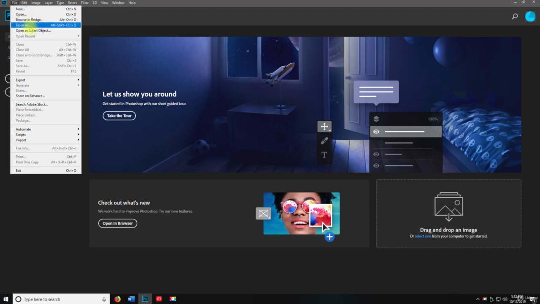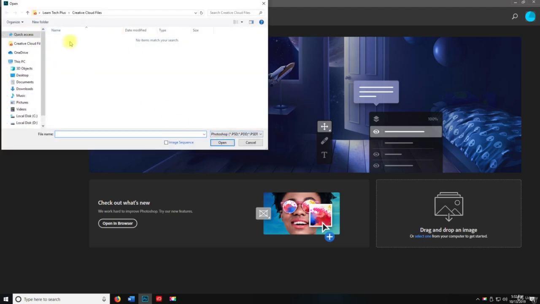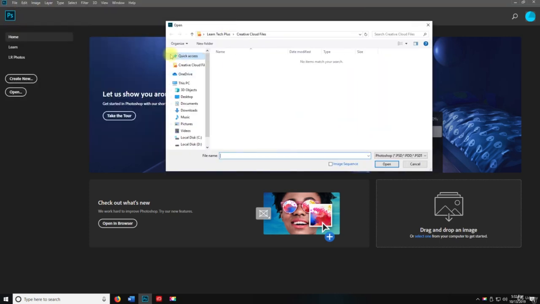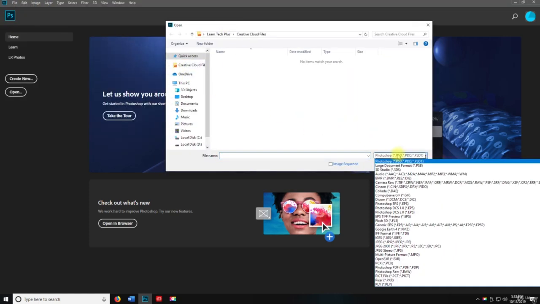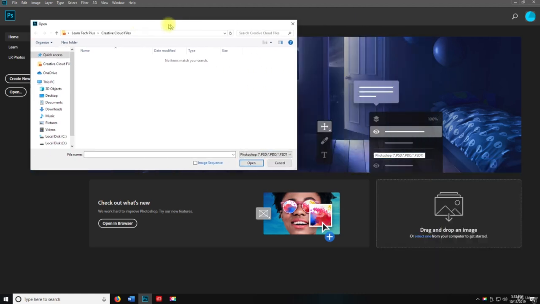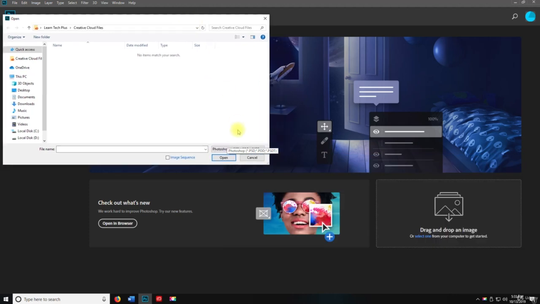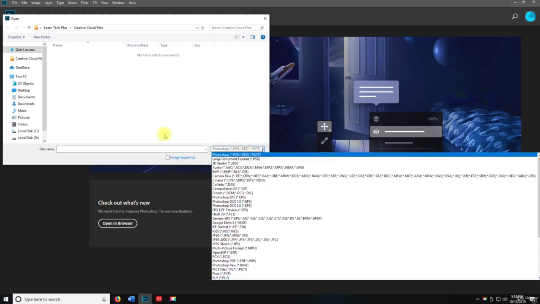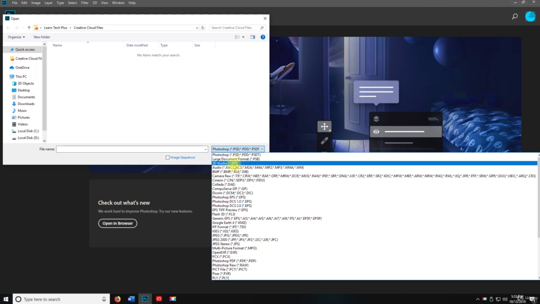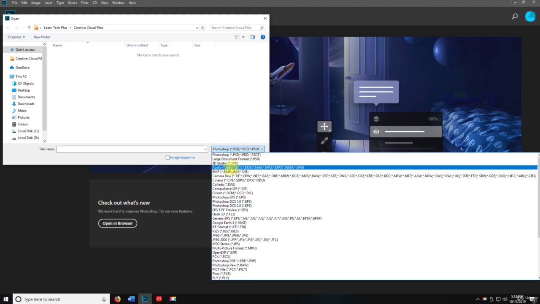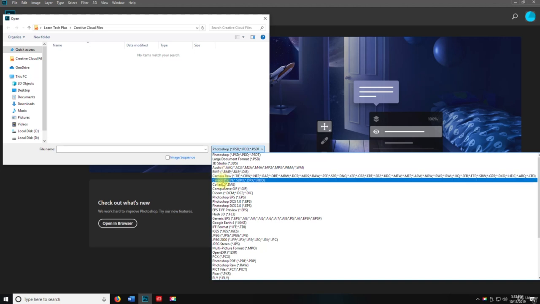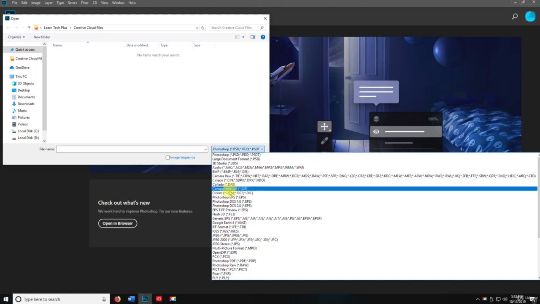All right, the next one is Open As. Open As is the same as Open, but instead of just doing Open and picking a random file, this is going to have you Open As. Let me move this over so you can see all the files, the formats, the extensions here. All right, so you can open as a PSD, a PDD, or a PSDT, a large document, 3D Studio, audio file, BMP, Camera Raw, CIN, DAE, a GIF,